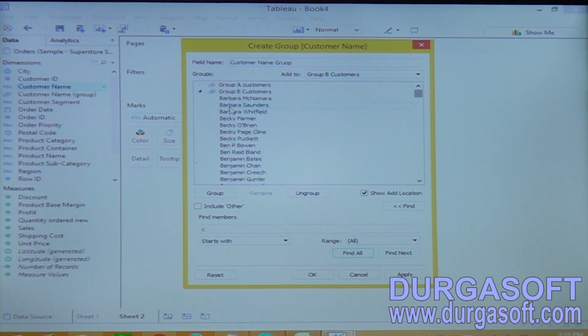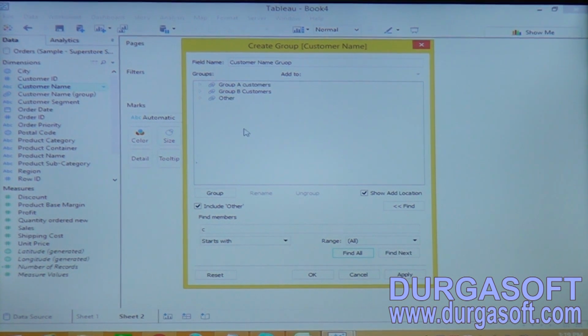Now go to the top and collapse that. Now I have a list of other names like that. I don't want to create some other group for those who are not part of the groups, so I make it as Others. See, if you click on include others, the rest of the people who are not part of group A or group B will be added as a group Others. So this is the way to create the groups here.